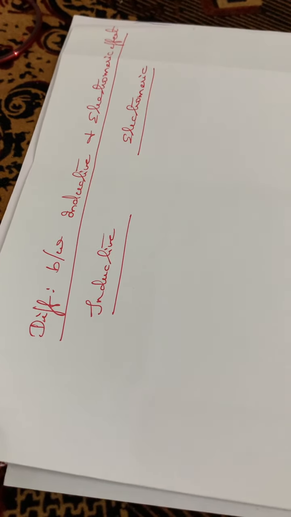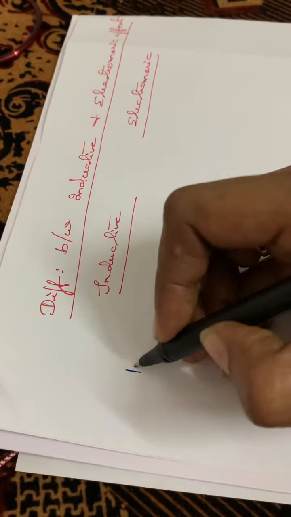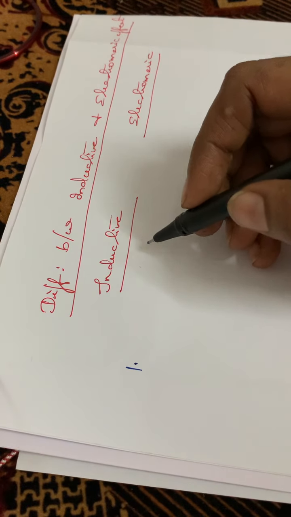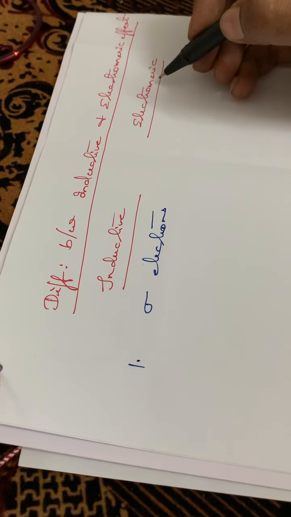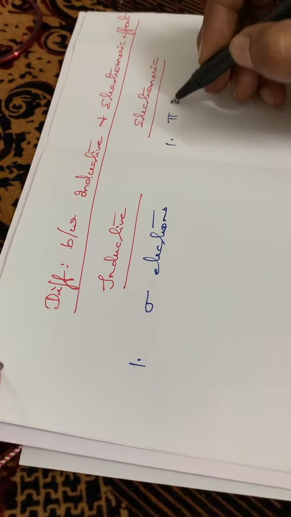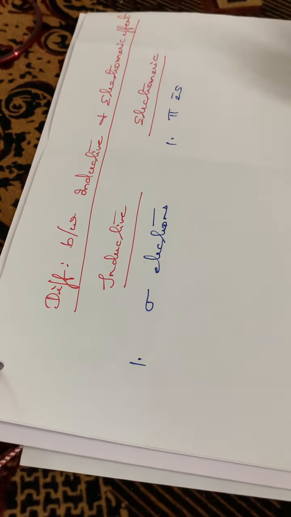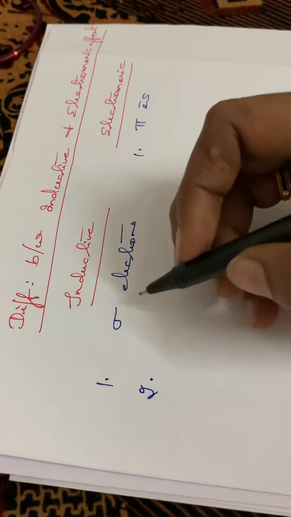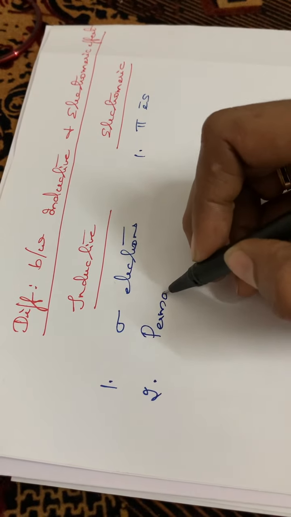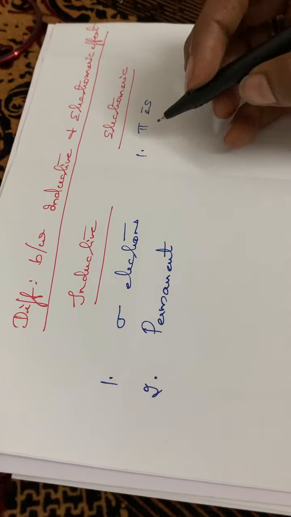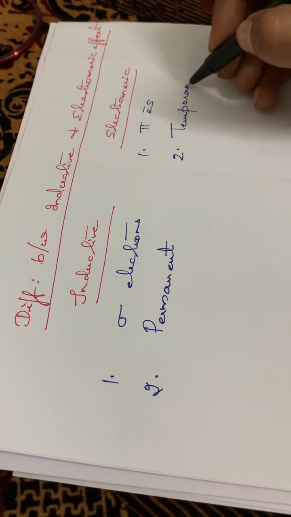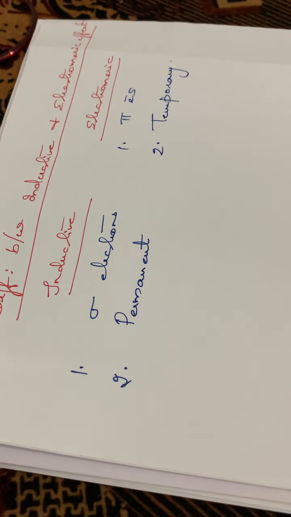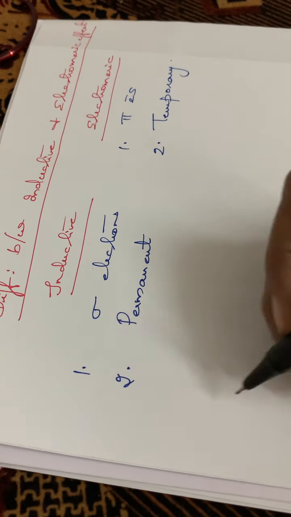So in the case of inductive effect, what type of electrons are involved? Only sigma electrons are involved in inductive effect, but in the case of electromagnetic effect, the pi electrons are involved, isn't it? Pi electron shift is taking place in electromagnetic effect. Then the second point is that in inductive effect, permanent shift of electrons takes place, isn't it? Permanent shift of electrons, but in the case of electromagnetic effect, a temporary electronic shift is taking place. Since during the removal of this electrophile, the electronic positions will be retained. That is the second difference.